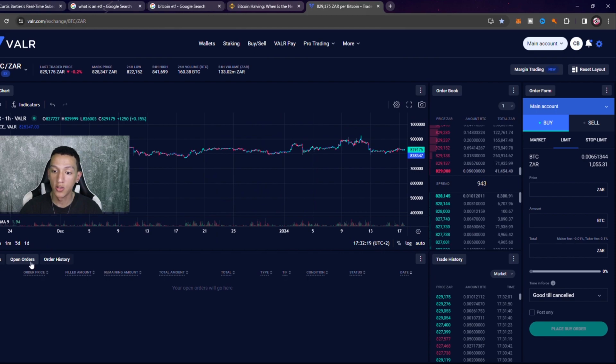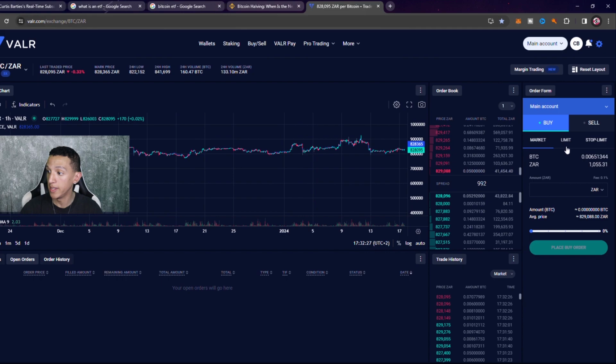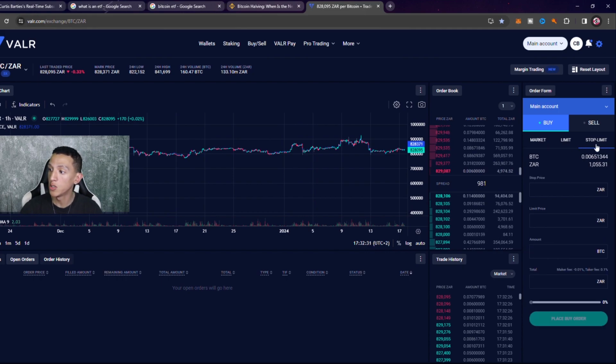Here we've got your balances, your open orders, and your order history. So to place a limit buy on VALR, you can see there's market, buying instantly, how we did it at the home screen. Here you've got limit and stop limit. Basically stop limit is having a stop loss. For example, if Bitcoin goes the opposite direction and you're already in the market, you'll get stopped out and will not decrease the amount of Bitcoin you have.